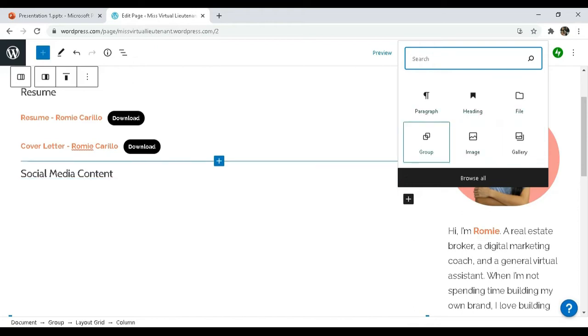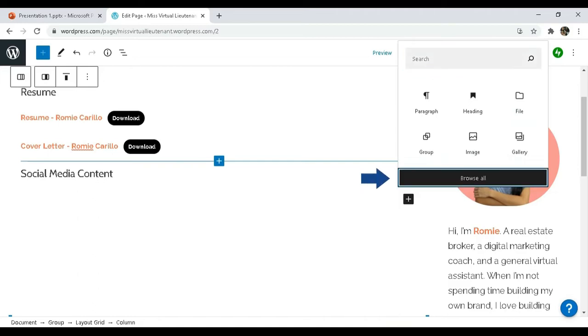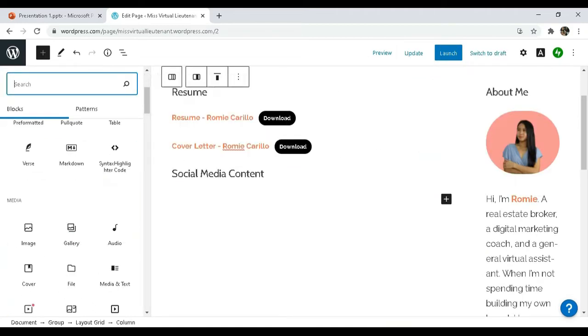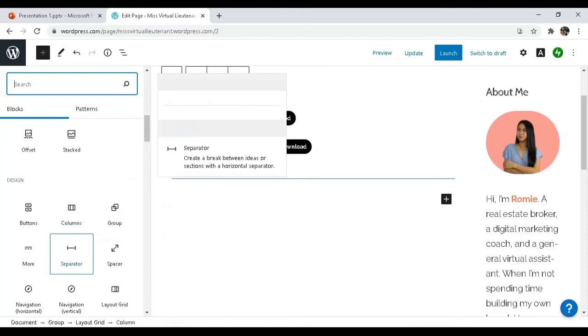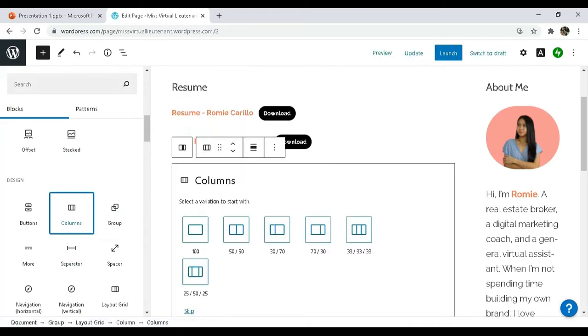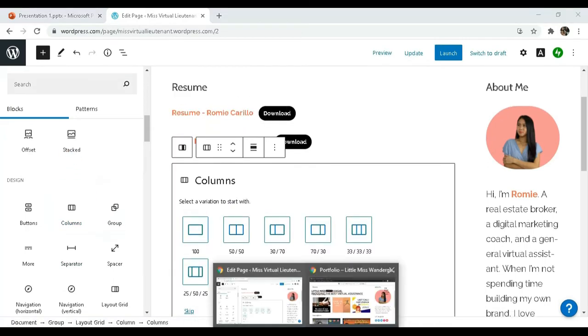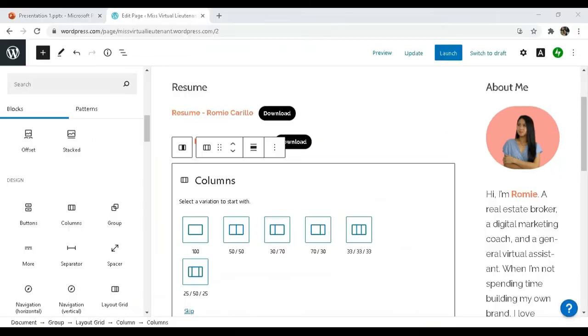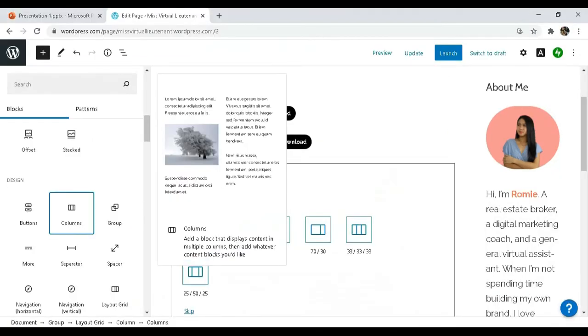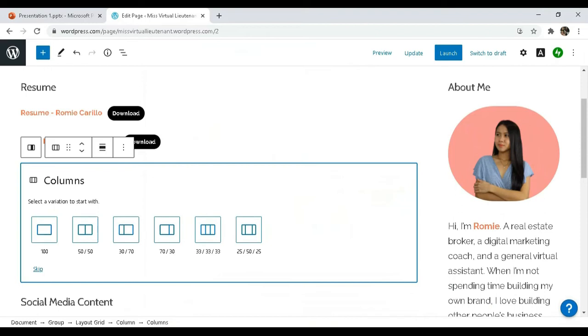So as you can see here, we don't have the column option. So I'm going to click browse all. And then it should be under design. There you go, columns. And then I'm going to add 3 columns because this is 1, 2, 3. Right? So you can choose a column of 1 column or 50-50, 37 split, 70-30. So you can see this is what is going to happen. 33 this, or 25. This is also 3 columns, but this is like 25, 50, 25. I don't want that because I want an equal